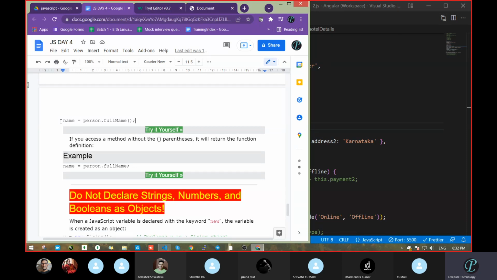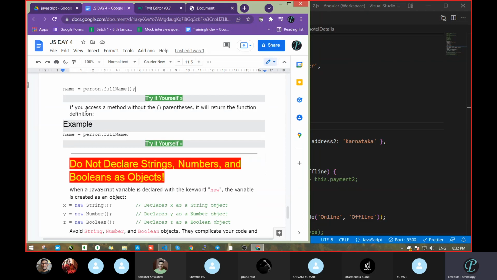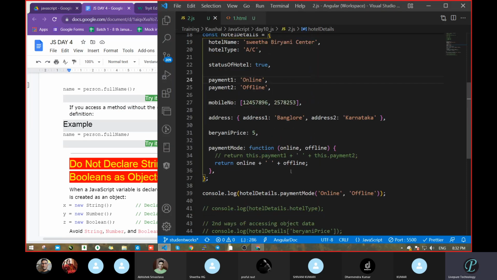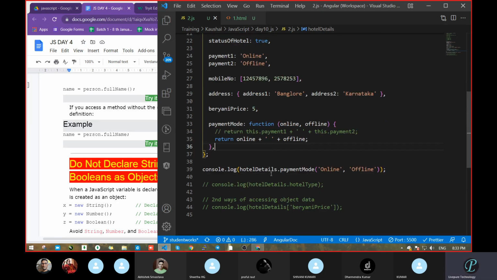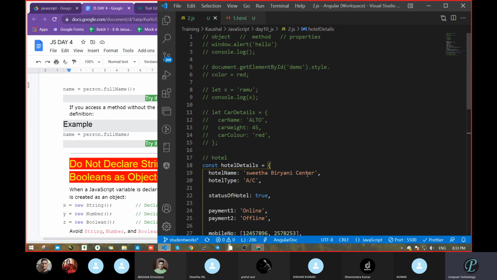So here we had taken name equal to. How can we get the name? Object dot means a function call. If you access a method without the parenthesis, it will return the function definition. It is telling you where the function is. If you do not write the parenthesis, as I am showing you,